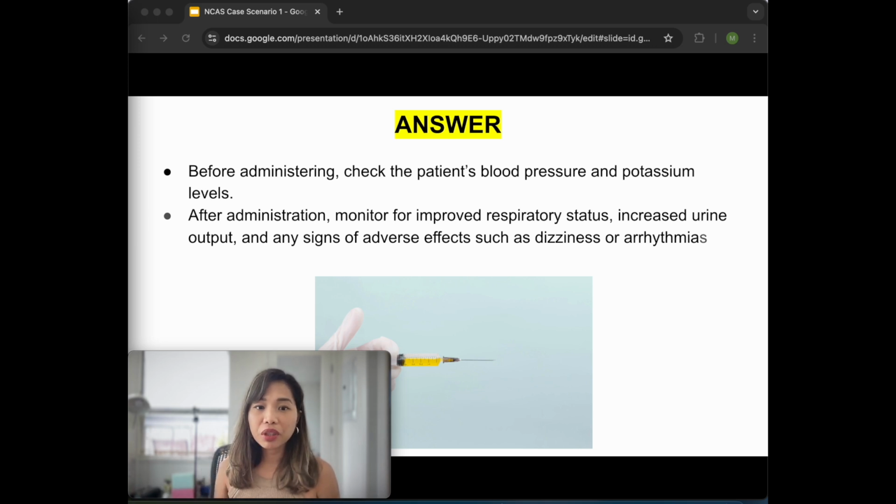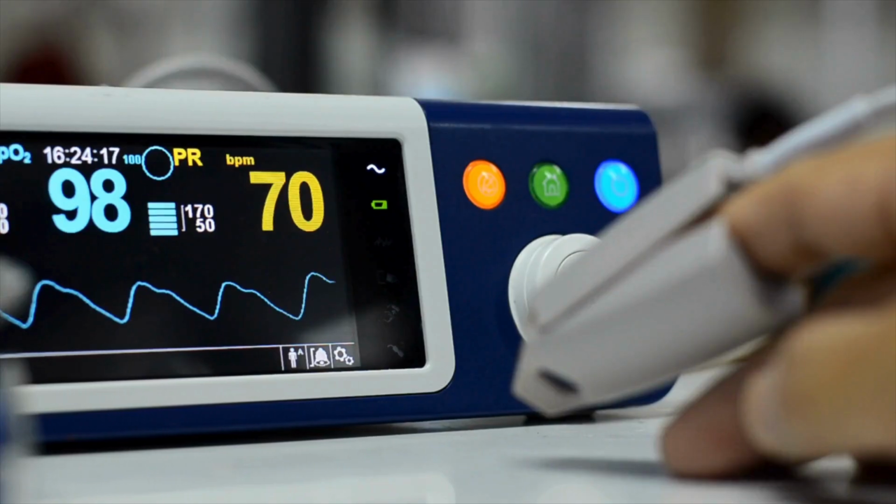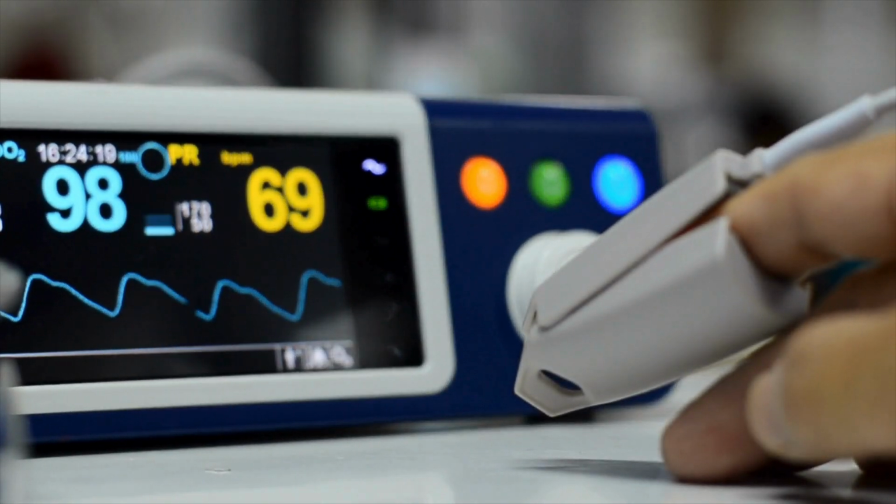So for this situation, you are giving the medication, then you need to monitor the patient's improved respiratory status, increased urine output, and any signs of adverse effects such as dizziness or arrhythmia. So in this situation, make sure, again, checking your vital signs for your patient. Check the oxygenation level of the patient, and also attach that oximeter so then you can monitor the